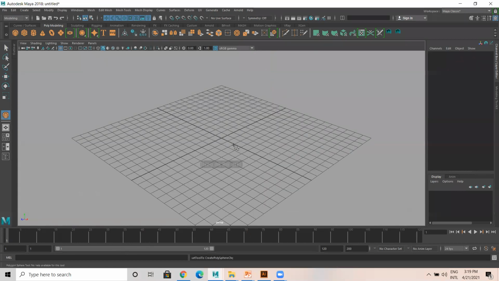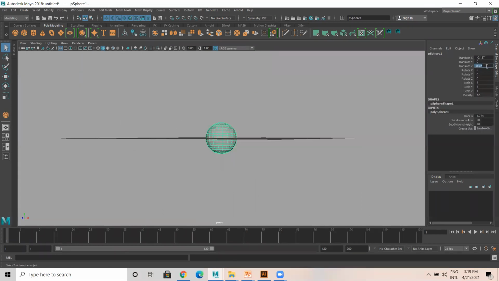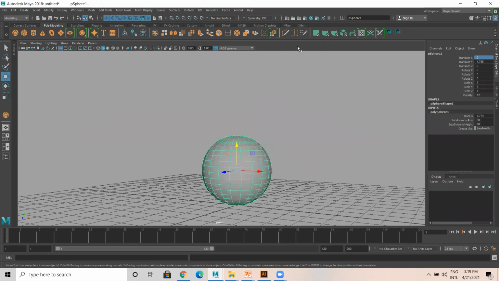Let me create a sphere first. So we need to unwrap this. Unwrapping, how do we do? You have to go to UV. Okay, so just a minute.